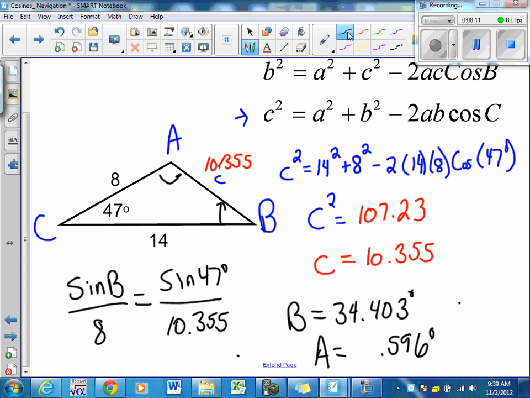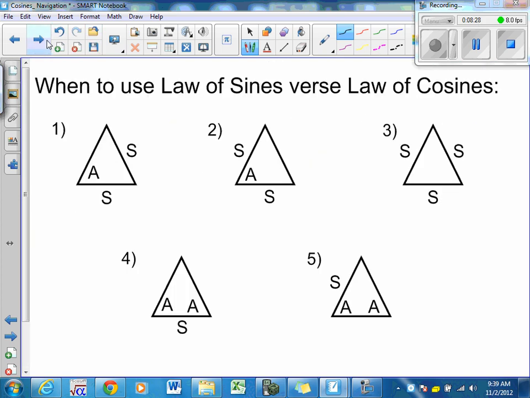When we do the law of cosines, we only ever really need to do it one time. Once we've done it that one time, we can fall back and use law of sines. So how do we know when to use the law of cosines and when to use the law of sines? Here's kind of a little chart that shows you what to do. If you have a triangle where you know side, side, and an angle, and you know angle, opposite side, angle, opposite side, you could then find this angle,